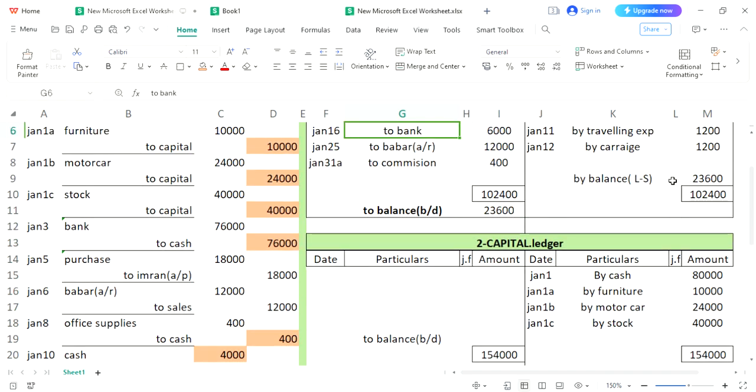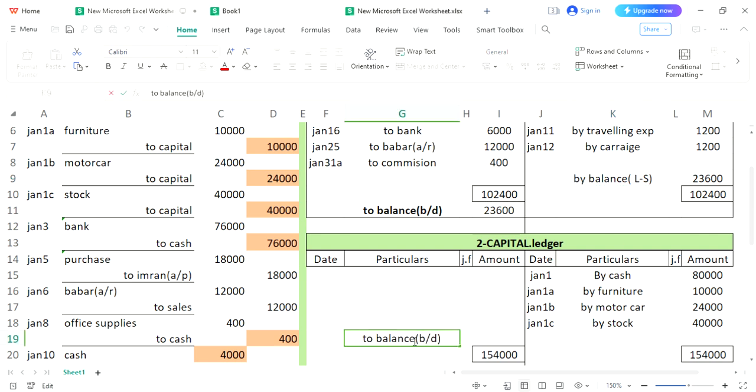The initial balance which was calculated over here, you have calculated this balance on credit side, while now you are calculating this balance in capital ledger, but exactly on opposite side. This is your initial balance, and how would you calculate this initial balance? By subtracting the smaller sum from the larger sum. On the calculator, what will you write? Larger sum,